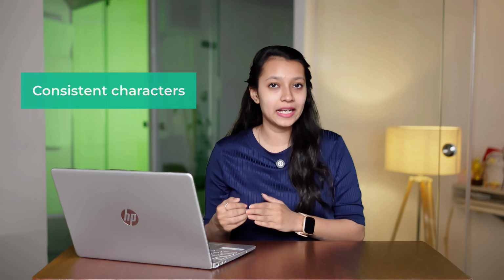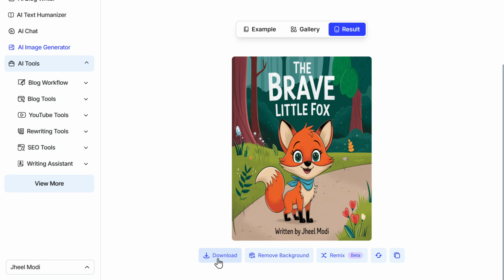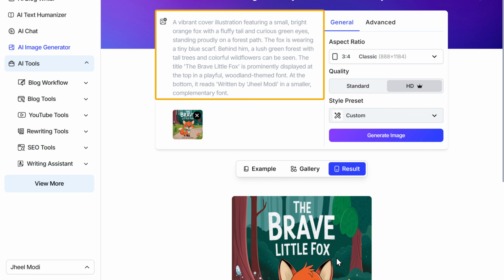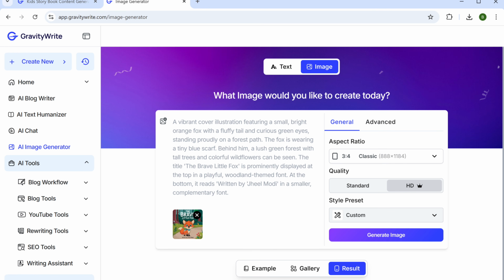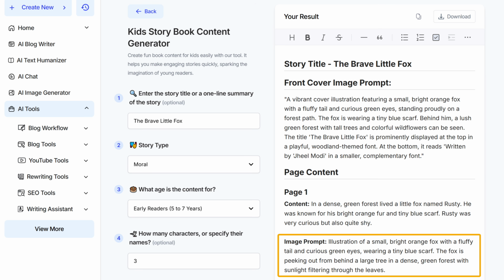Now, as this is a storybook, we have to create consistent characters for each image. For this, we have an amazing feature in Gravity Write that will help you create similar looking images. Let me show you how it works. Just click on Remix option. And here we will paste the prompt of the first page image. So go to the previous tab. Copy the image prompt for the first page.